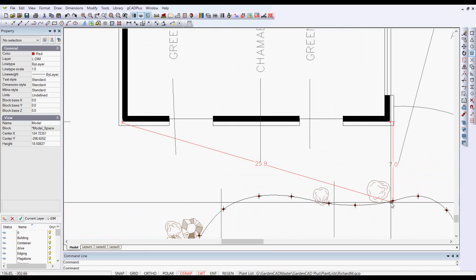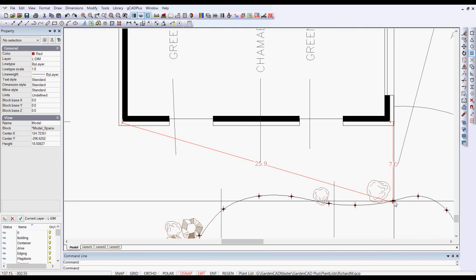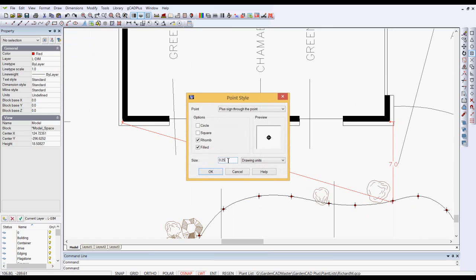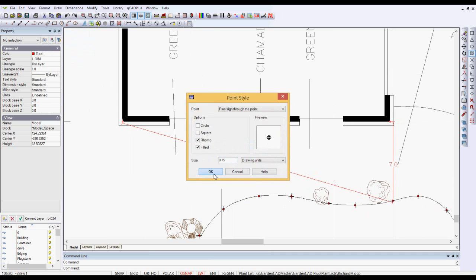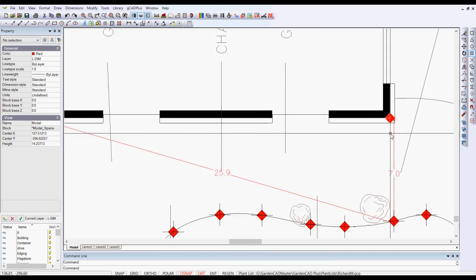and we can run a couple of distances from there for our construction team to locate that control point. To make it easier to see and to work with, let's go to point styles, and we'll just increase the size of our point marker. I'll say yeah, we'll continue, and now we've got rather an exaggerated point marker, but you can see the point